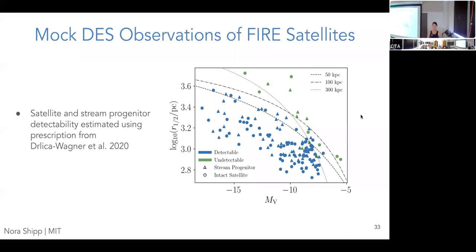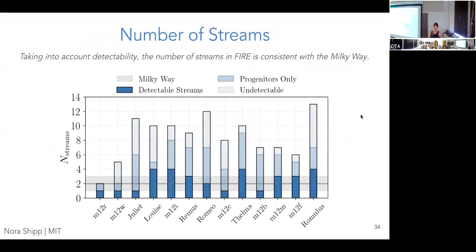So you can see most of the satellites in this stellar mass range are, in fact, detectable. But many of the streams actually are not. So this figure summarizes the number of detectable streams in FIRE. So here, each bar represents one of those 13 Milky Way analogs, so it's a different simulation, and they're ordered by the host halo mass, the total mass. So m12r is our least massive, and Romulus is our most massive, so about 1 × 10^12 to 2.1 ×